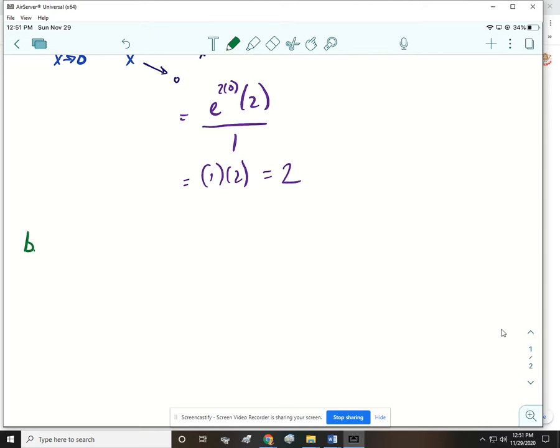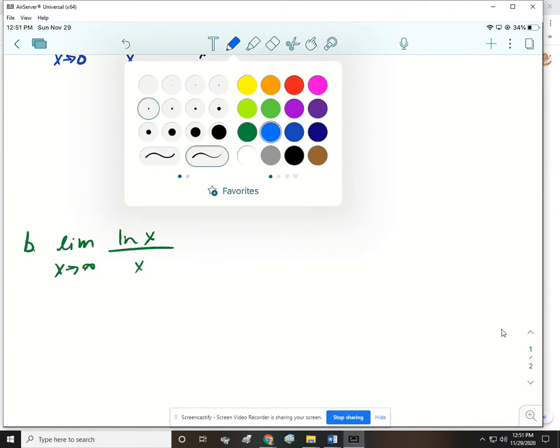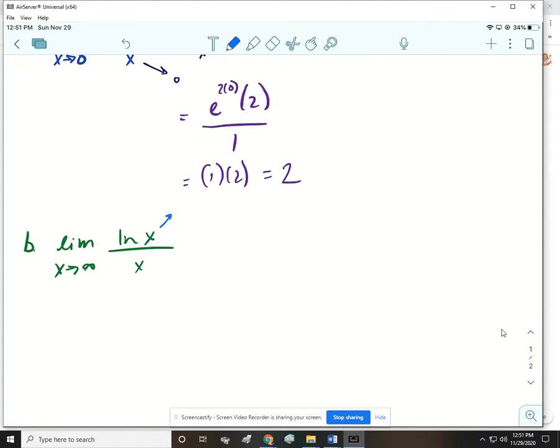For b, we have the limit as x approaches infinity of the natural log of x over x. So if I plugged in infinity to the numerator, the natural log of infinity is still infinity. And then the denominator is still going to be infinity. So that's indeterminate form. So we can do L'Hopital's Rule, where we'll find the derivative of the numerator, and the